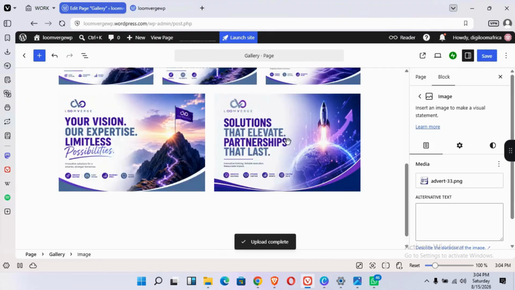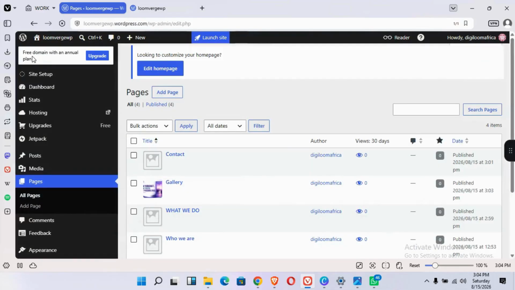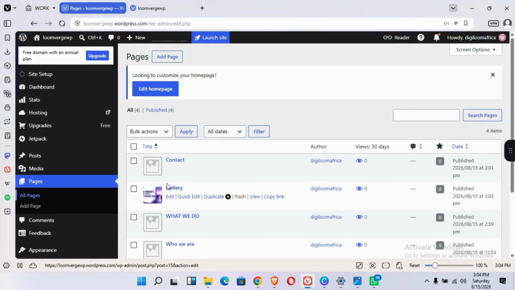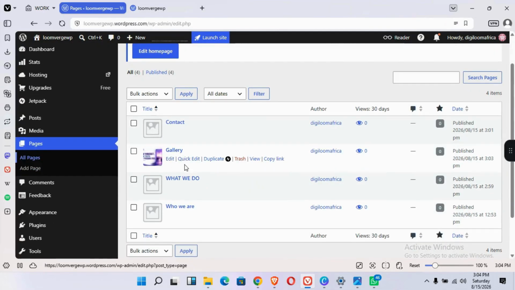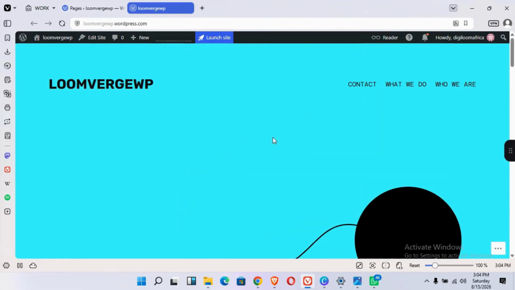Okay, so yeah, we have all our images uploaded. So we should go back to the landing page, and then we see that we have another page here known as gallery. So if we come to this and refresh our page, we have a gallery page right here, and